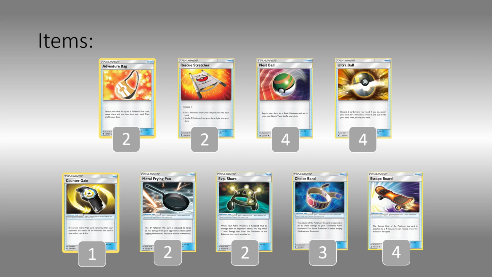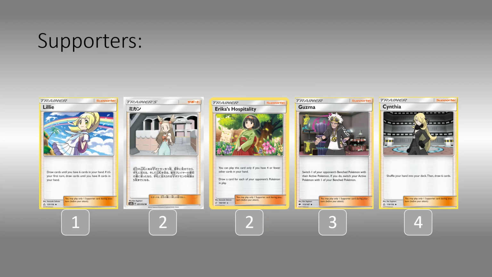So those are things we need to keep in mind. Onto the supporters, we're going to play 1 copy of Lillie. It's our best turn 1 supporter if we're going first for drawing us the most amount of cards we can. 2 copies of Jasmine. It can search a metal Pokemon, at the worst of times, but it's our best supporter